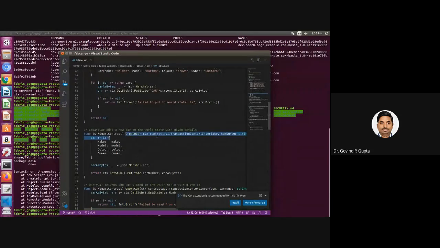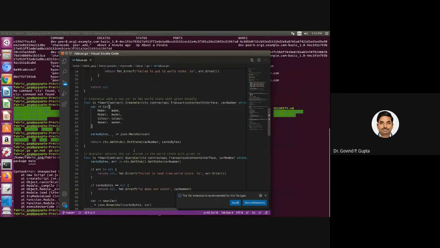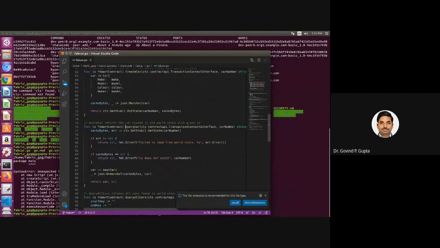In order to insert a new car that is available for selling, you simply call the function create car. In create car, they use the structure type variable car, initialize the values of the different attributes, and return that variable. Now suppose you want to query, to inquire about the different features of a car, such as who is the owner of the car.